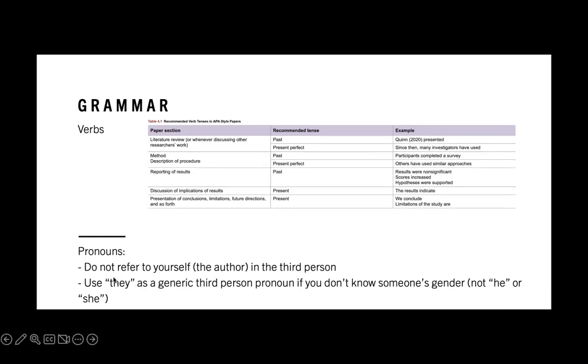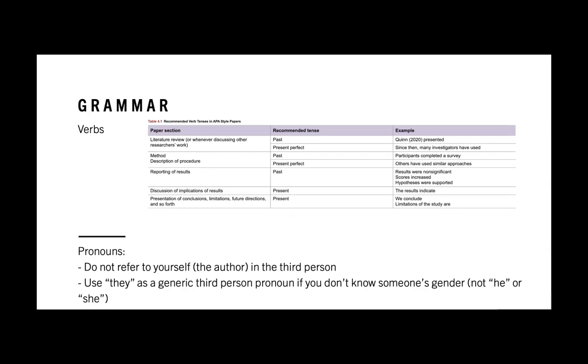And then the second piece here around grammar that I want to highlight is related to pronouns. I think I've already pointed this out, or Dennis and I have already pointed this out to y'all, but according to APA, you should not be writing in the third person about yourself. It is standard for APA, at least, to use the first person. So you don't want to say "the researcher" when you're talking about yourself. "The researcher interviewed 4 participants." You say "I interviewed 4 participants." So do not refer to yourself as the researcher or the author, et cetera. You should use the first person according to APA.